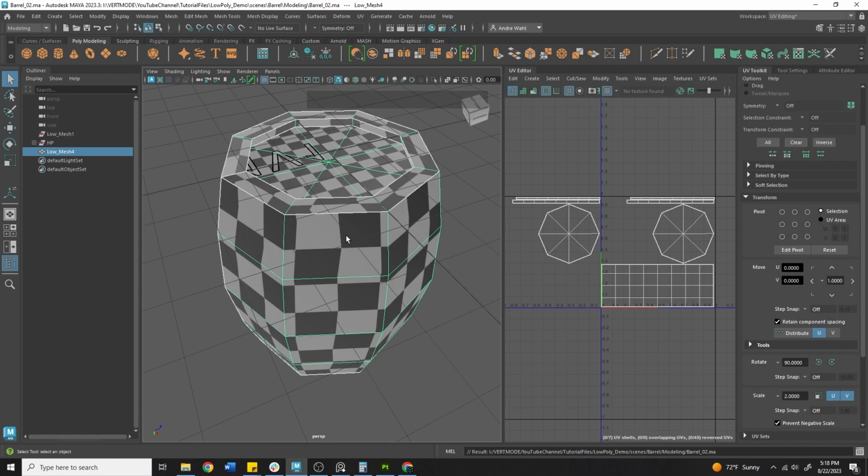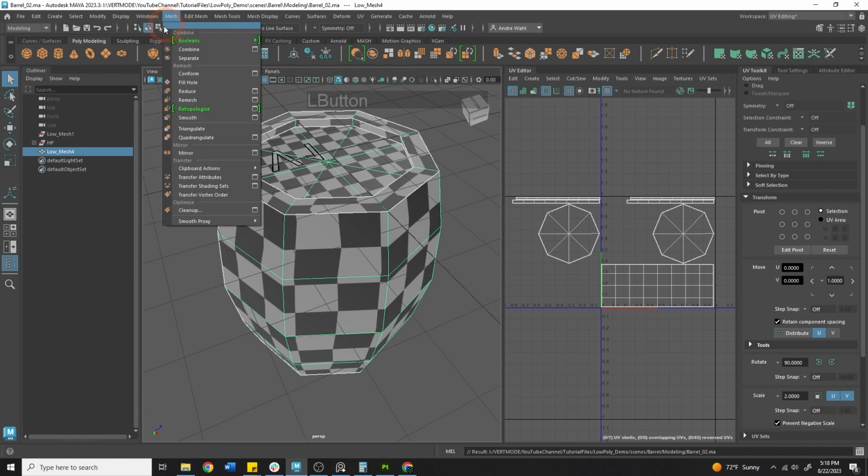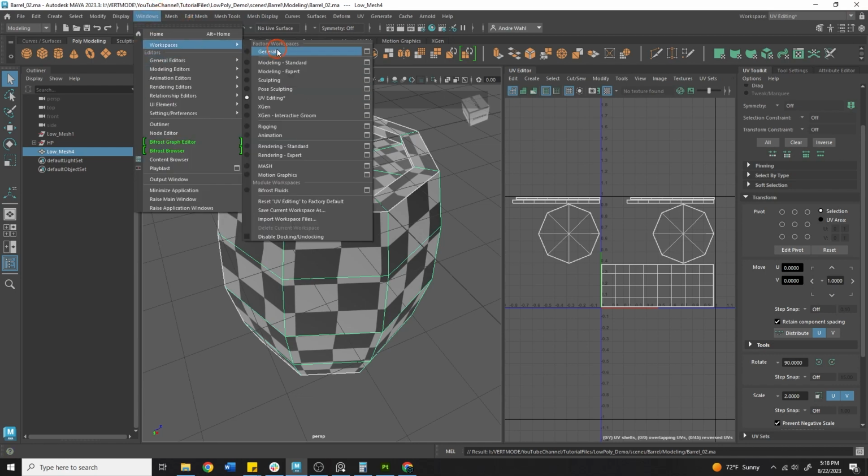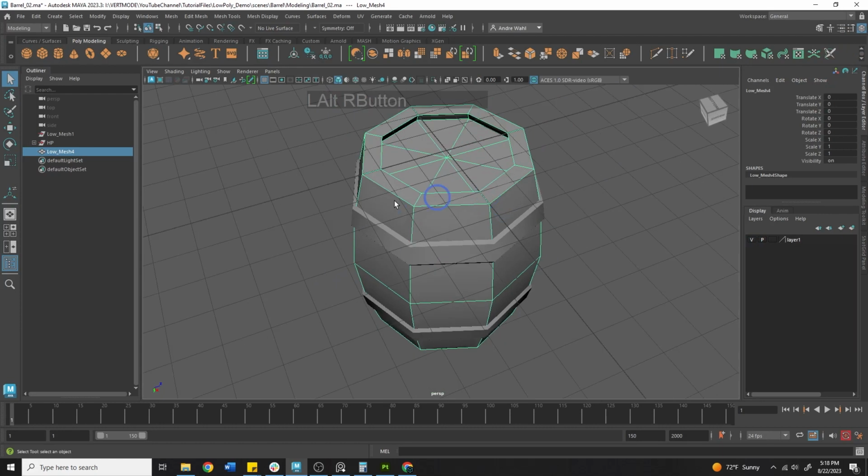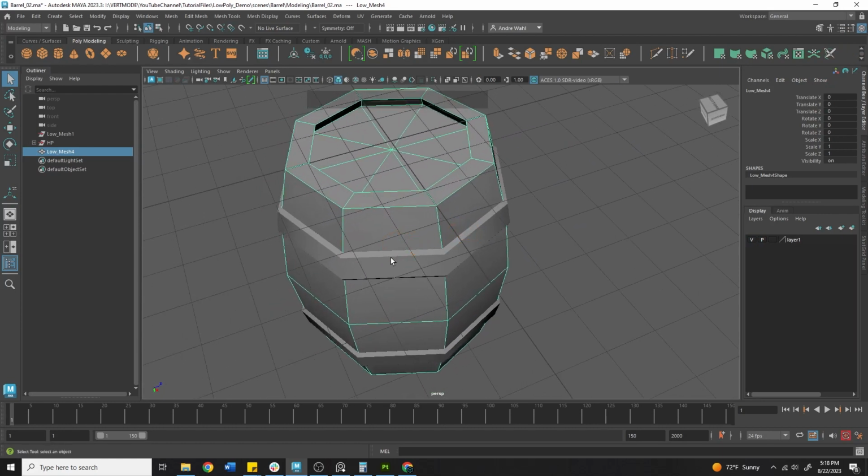When it comes to baking, what the 3D software is going to do is it's going to look at the object, it's going to create a shell around it, and it's going to project rays into it. Now, depending on your setup, you may be able to use a different layout. Let me go ahead and switch to our normal workspace here so I can bring back my high poly. One of the things we're going to run into is that we're going to really need to push the envelope, which is the search area of this projection, for our low poly barrel so it encompasses the metal portions. What that means is it's probably going to overlap with our center area and it's going to create a pretty